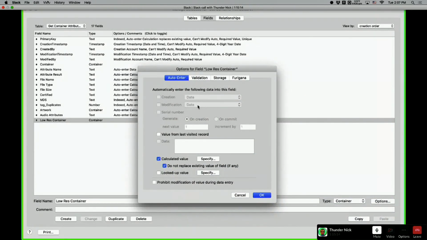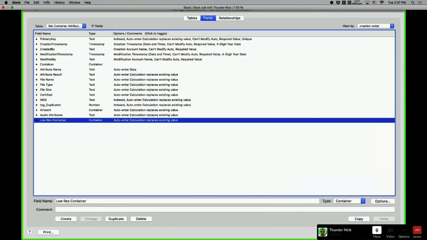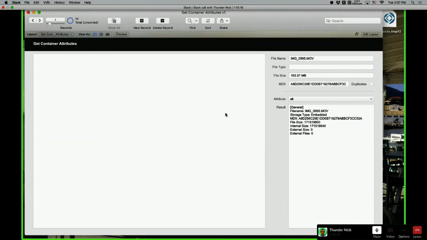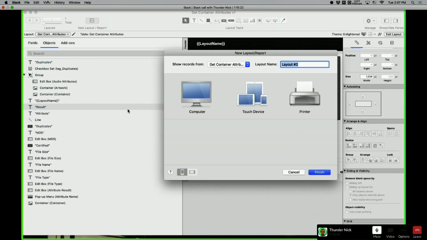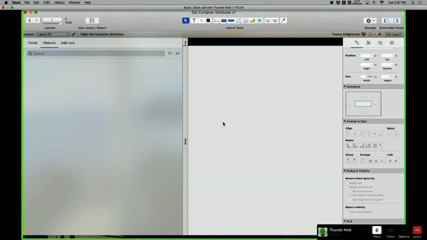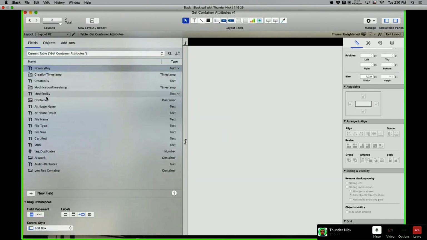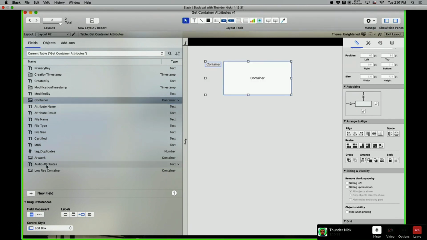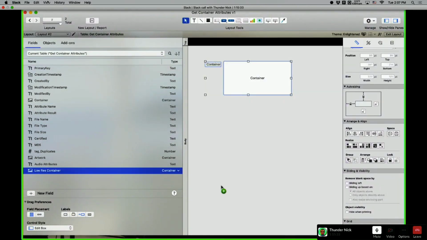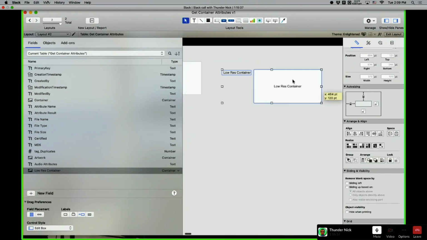So I want a small version of it. So when I do this, here is what happened. So let's create a new layout right quick, form, and I want to put those two. I have the container file field here, right? And I have the low resolution. Okay. So let's put two together here.